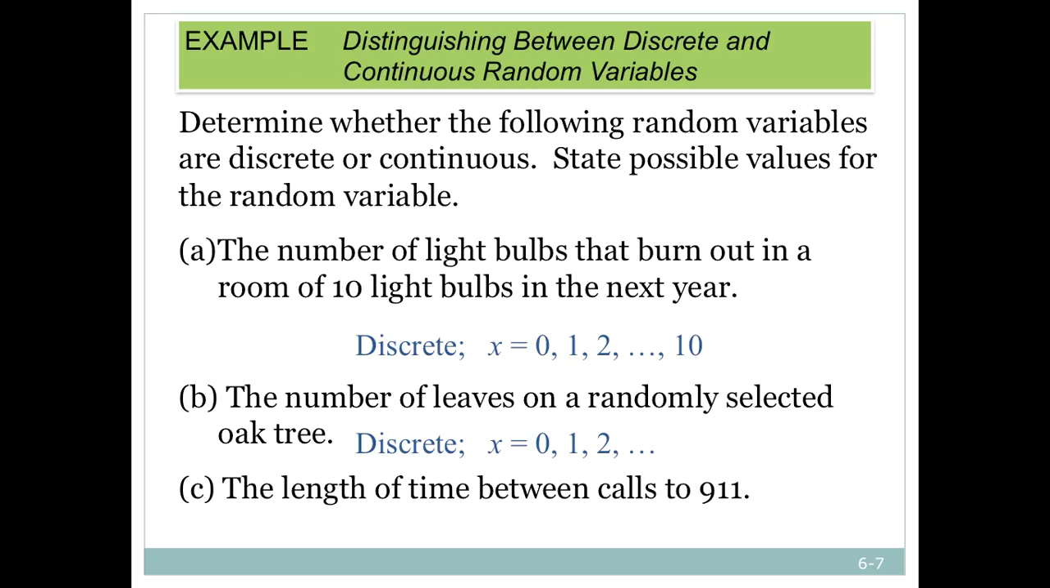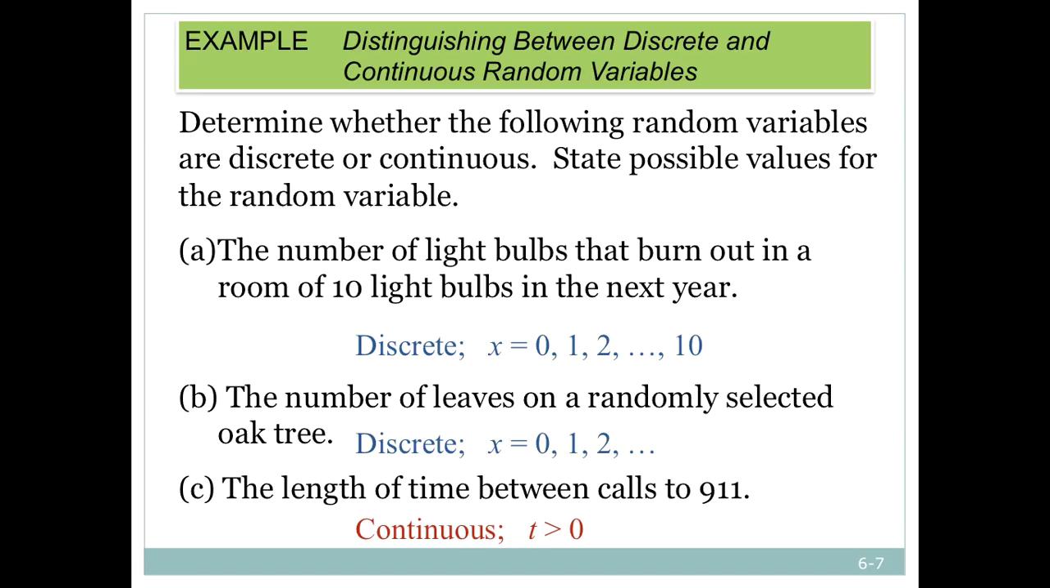Now for C, we talk about the length of time between calls to 911. This could be measured in any number of ways. It could be just in whole minutes. It could be in minutes and seconds. It could be like 5.23 minutes, something like that. So this one's going to be continuous with some time that's greater than 0. Or you could really say greater than or equal to 0 because you could have no time between calls to